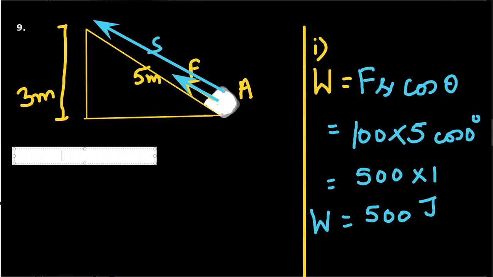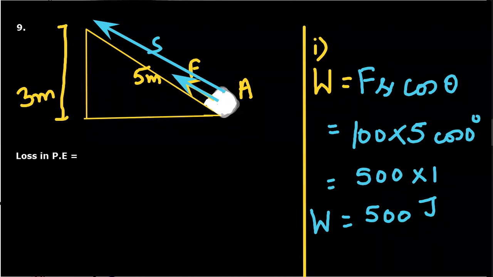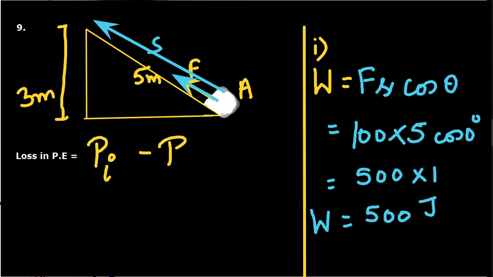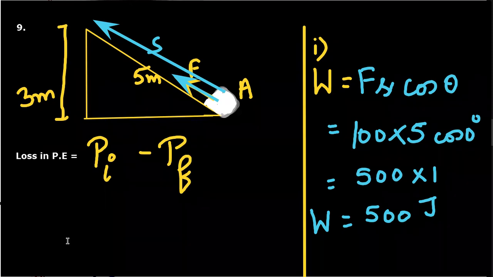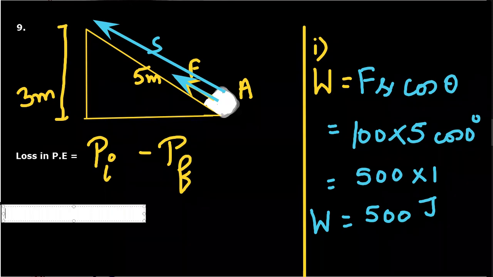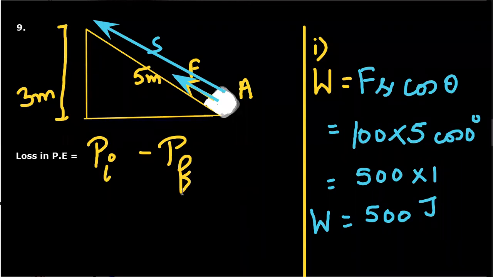Loss in potential energy is initial, because initial potential energy is maximum, minus final potential energy. While if I talk about increase in potential energy, the formula becomes